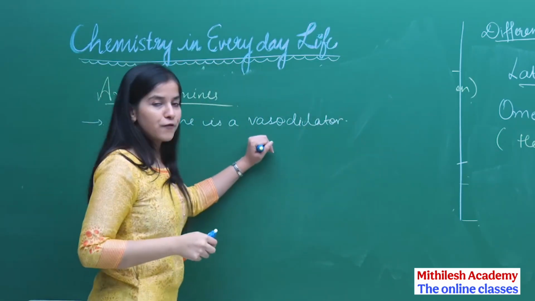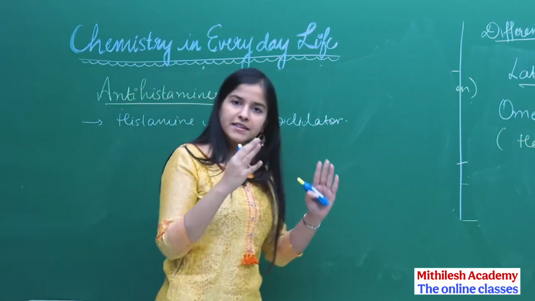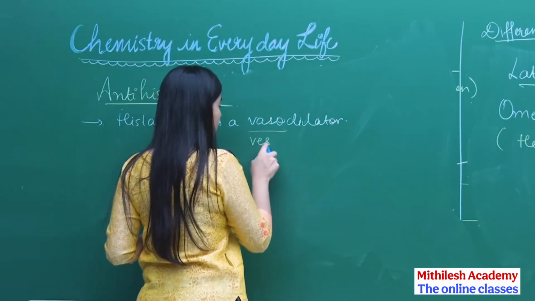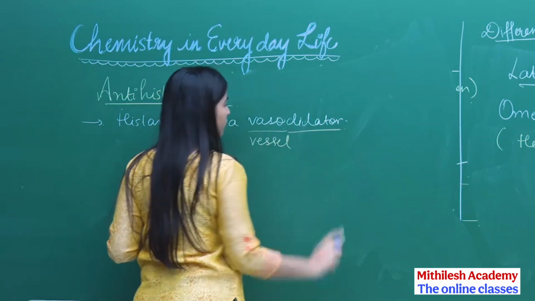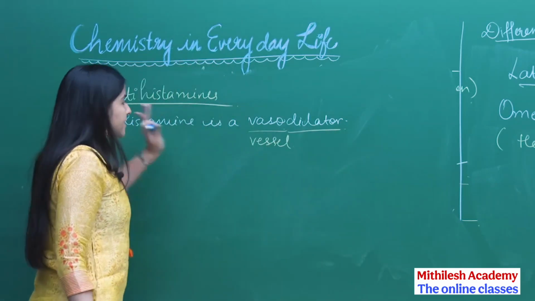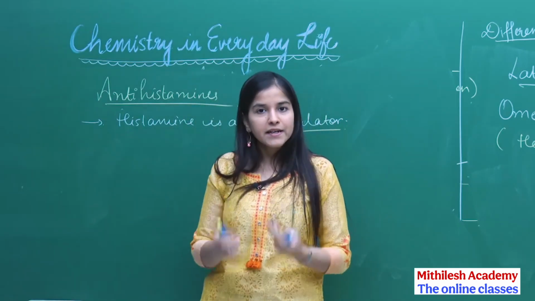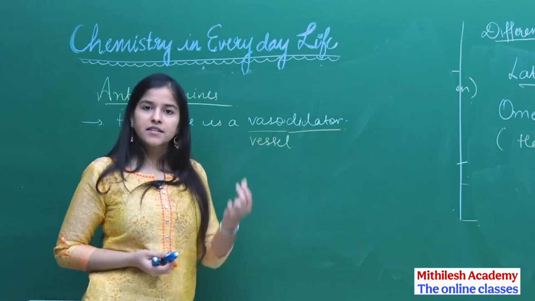Vaso means vessels, dilator means dilating something. So basically this is about the blood vessels that I am talking about. Whenever there is the release of histamine in our body, it actually dilates the blood